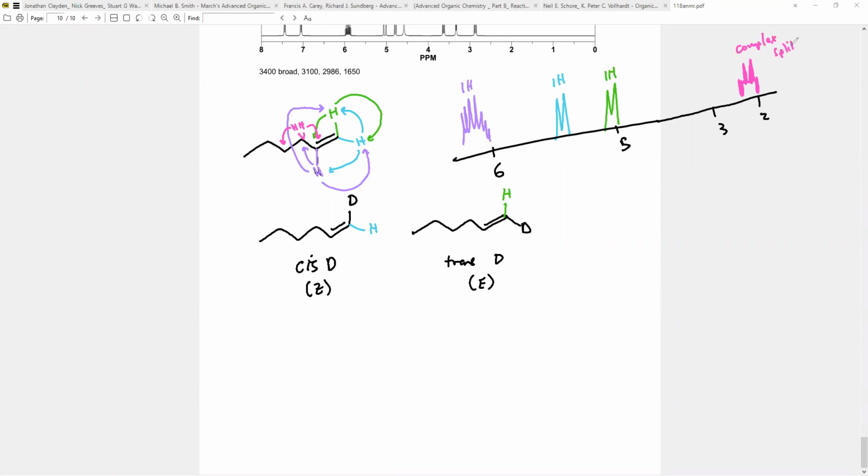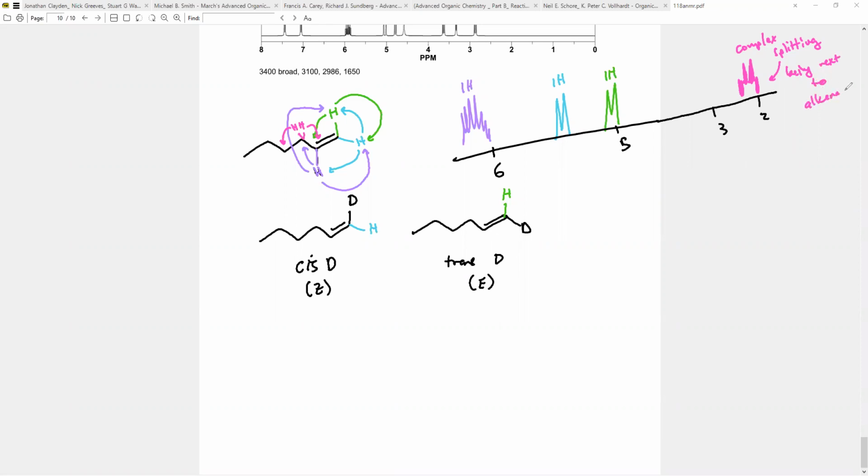So I normally say that this is diastereotopy. The reason why I use that term is because it's the result of diastereotopic protons all talking and coupling to each other. So my bad on using that. What I should really be saying is that it's complex splitting, right? This complex splitting is the result of being next to